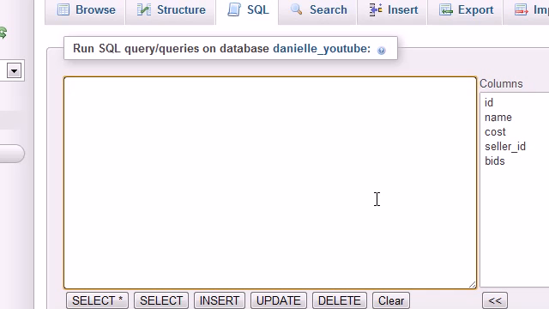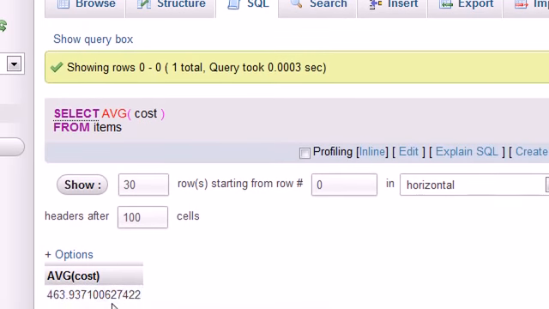So with MySQL, the first thing that we need to do is figure out the average of all the items. Simple enough. Let's go ahead and select the average cost from items. Now let's go ahead and copy this and make sure that you copy it as well because we're going to need this query later on. Whenever we hit go, we get the answer of 463 and 93 cents. So the average price of all of these items is